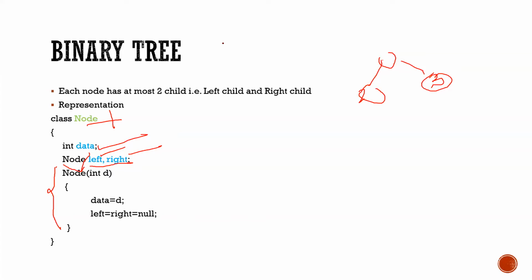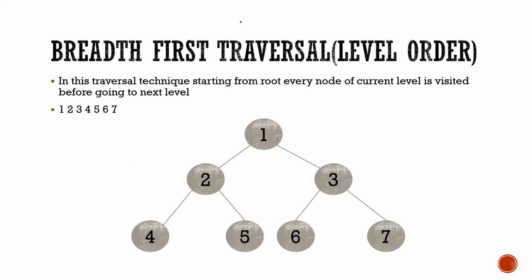So we can't traverse the binary tree directly, in linear fashion. So there are some traversal techniques that we'll be learning today. Today's session is basically on the traversal techniques. There are two types of traversal techniques. First is breadth first traversal, and second is depth first traversal. Everybody knows what breadth and depth are. Breadth is if we go horizontally, depth is if we go vertically.